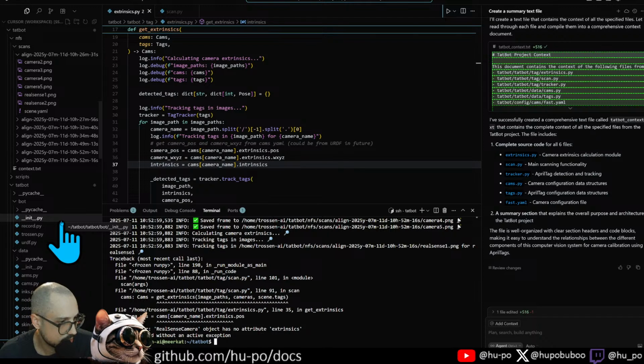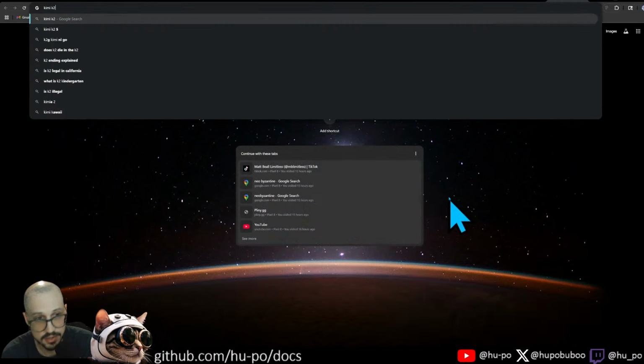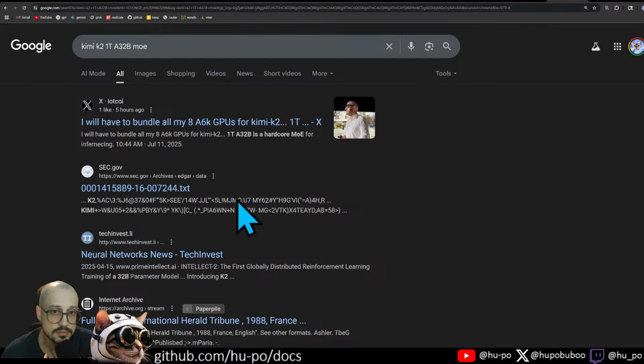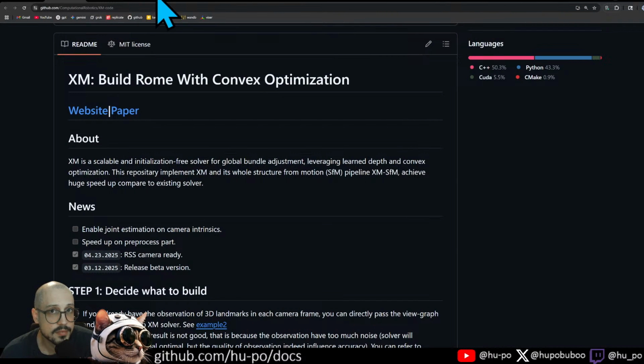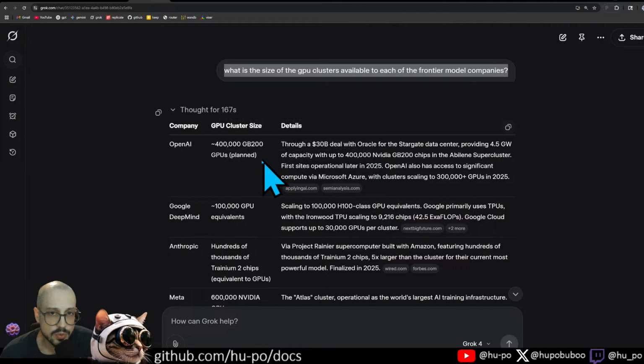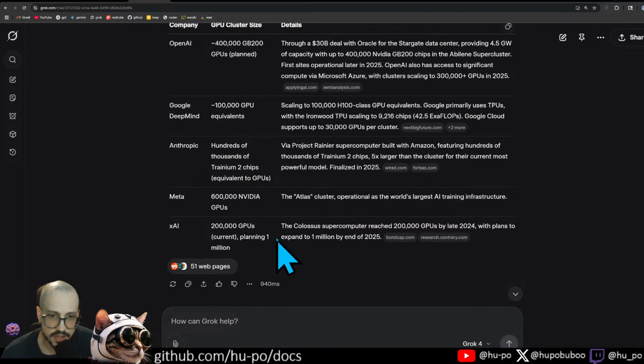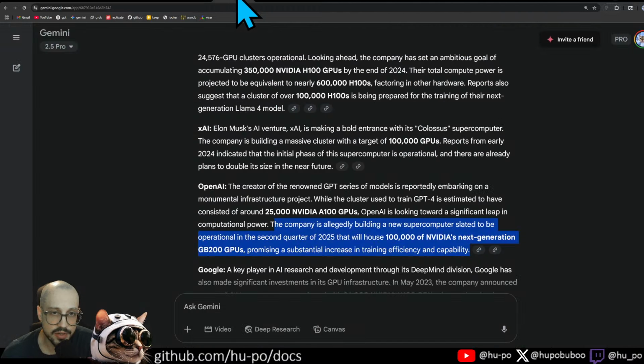Kimi K2, 1T-A32B MOE. $400K, $100K. Trainium 2s, $600K. Yeah, I mean, these numbers are just not very well known, you know, because